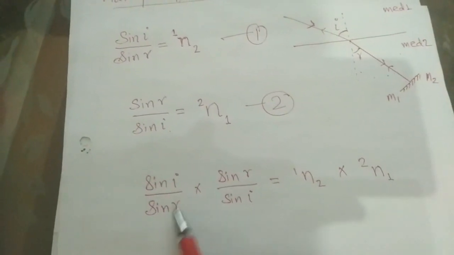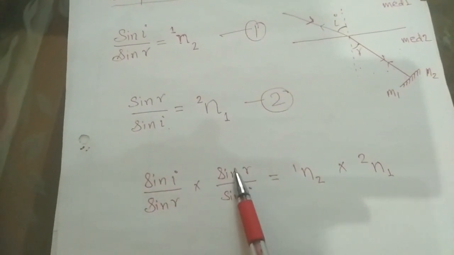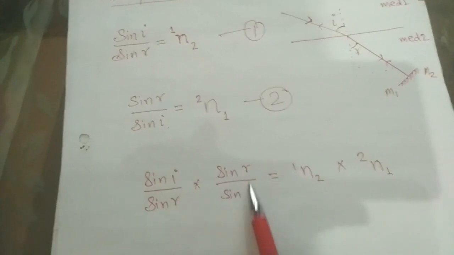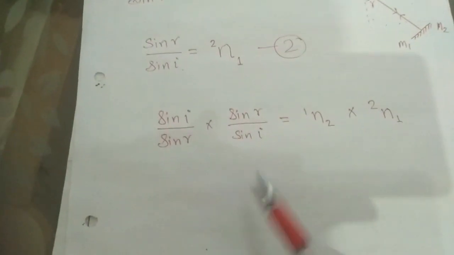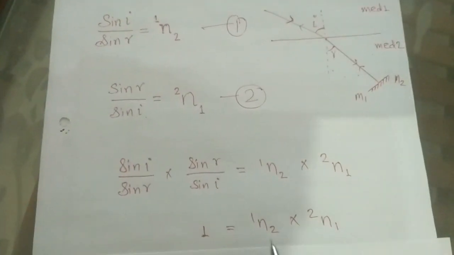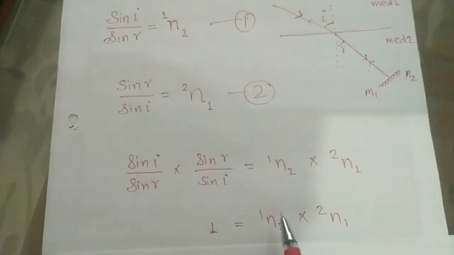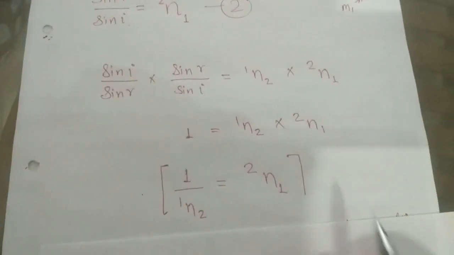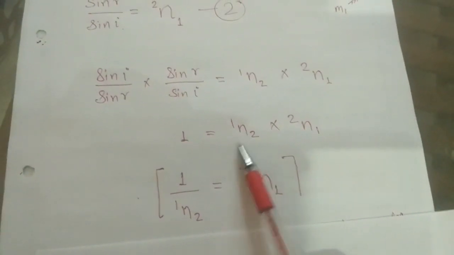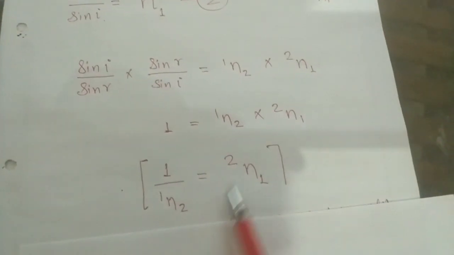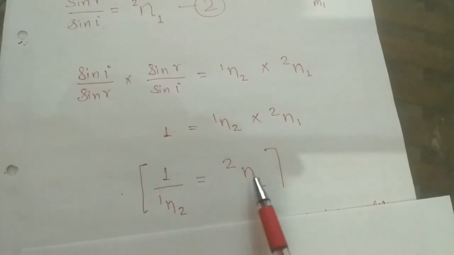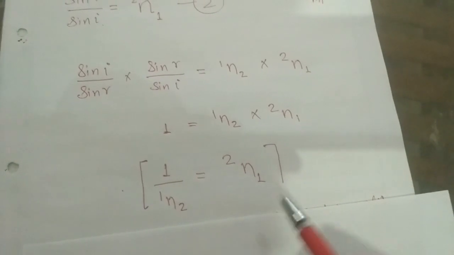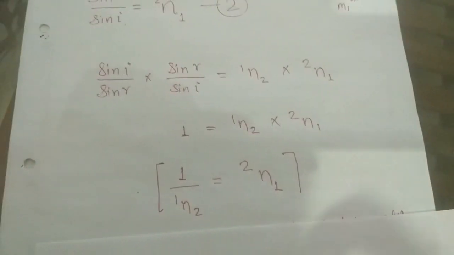So you can see, sin r is cancelled with sin r and sin I is cancelled with sin I. They cancel each other and we get only 1. So on cancelling, we get 1 is equal to 1 and 2 times 2 and 1. Or, taking 1 and 2 to this side, 1 upon 1 and 2 is equal to 2 and 1. This is exactly the principle of reversibility,